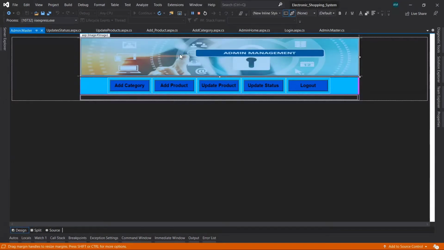Here, this image, I added previously, but now I have changed it, because when the vendor logs in, it will change the image of this admin master page. If the admin logs in, then the image will change. So as per the logins of the user, the image will change accordingly. Okay, so that's what I have done here.